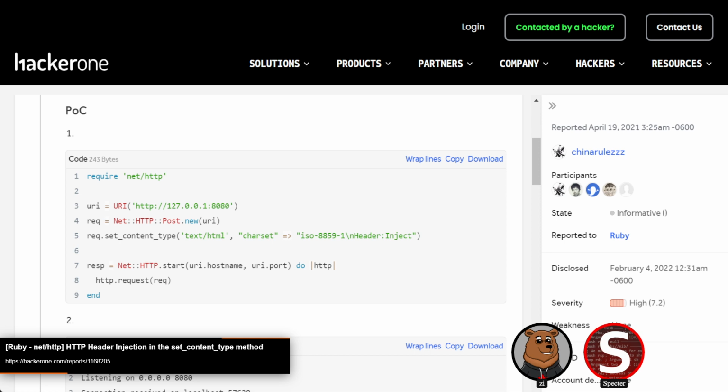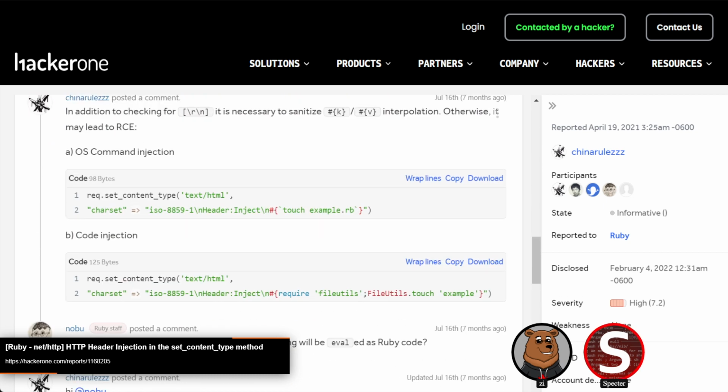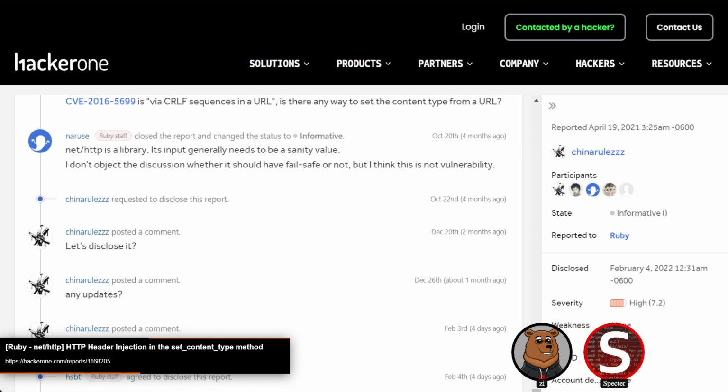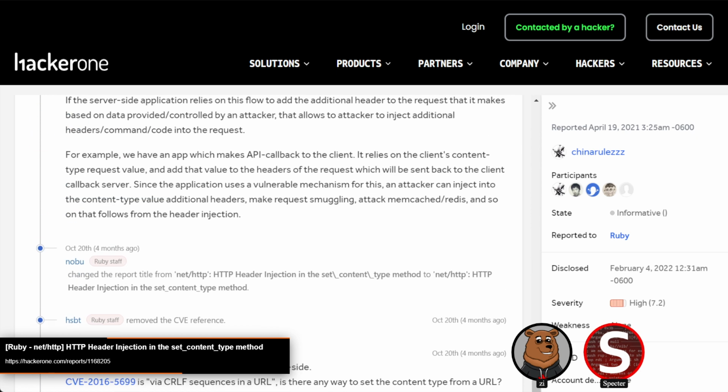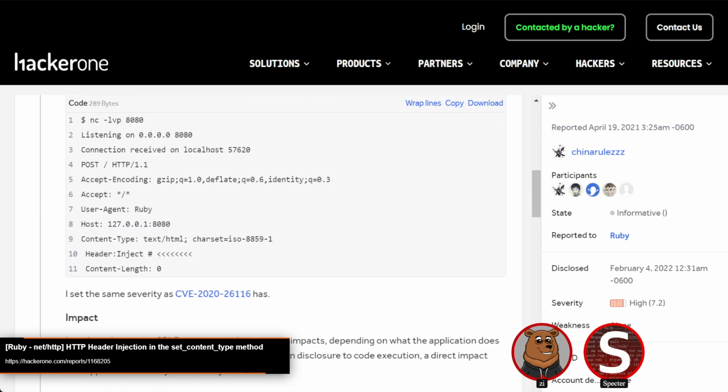Like you said, though, all in all, an interesting report, because it's one of those situations where nobody's really wrong. All parties, like the researcher and the vendor, are kind of right in their own ways. It's just a weird scenario where it's hard to come to a consensus. So yeah. Yeah, as long as Ruby's consistent, I don't really think they're necessarily wrong to close